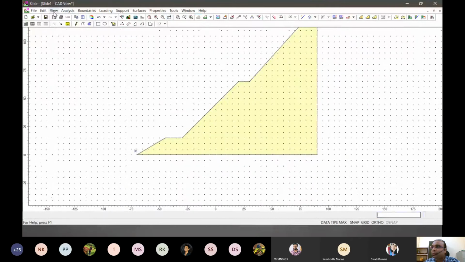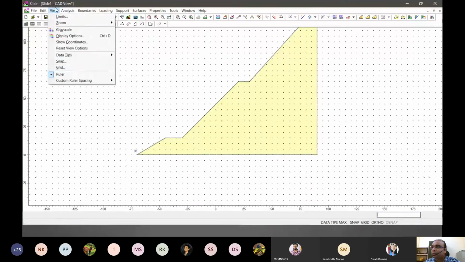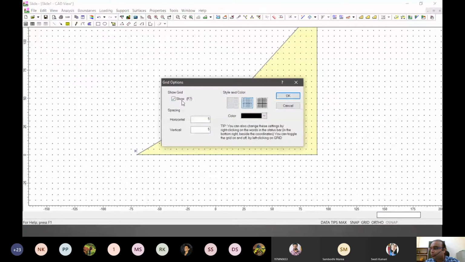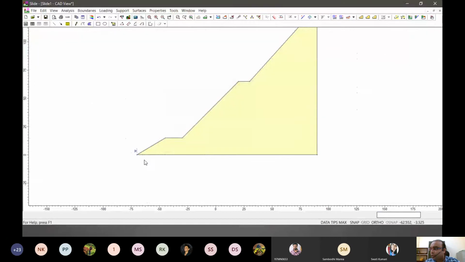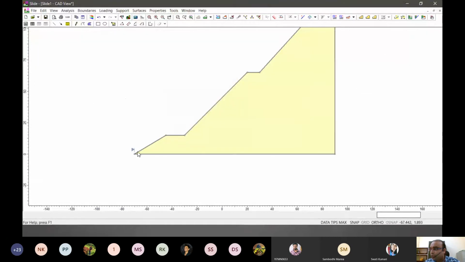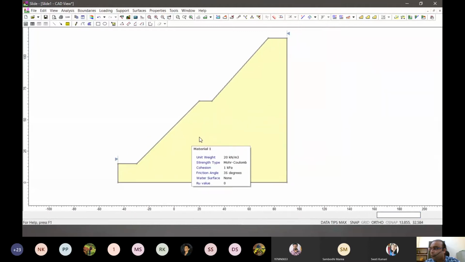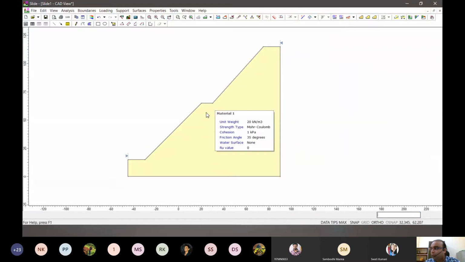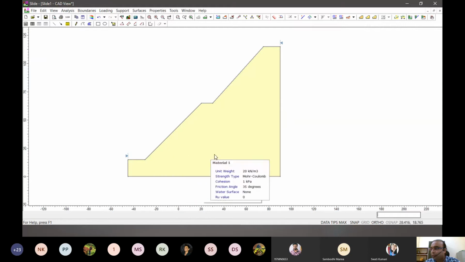Let me close this grid because now we don't need it. So we close this grid here, and actually I can edit this because from the base point I want to keep it flat as a base. So this is something like an overburden dump slope where we have created small berms and two big slopes and a base, right?